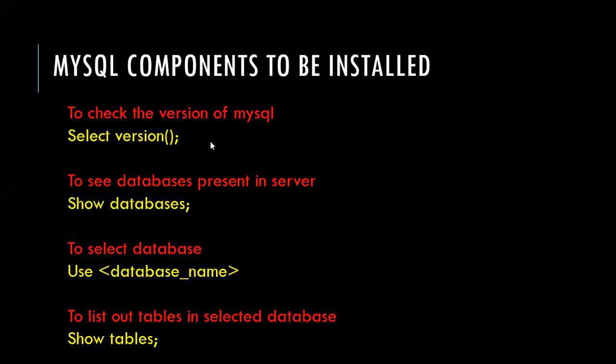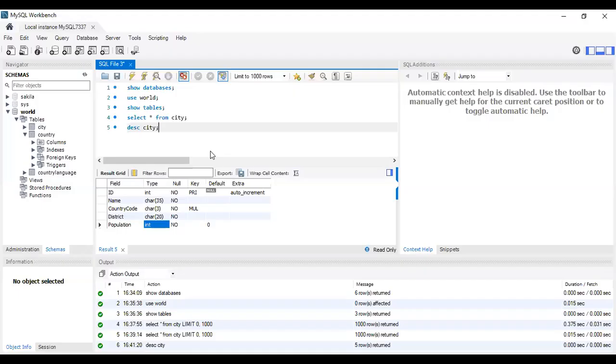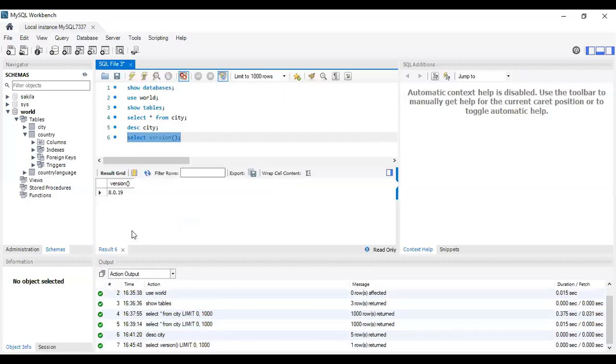You will get the same answer, because whether you work from the command prompt or from the GUI, both are connected to the SQL server only, so your query executes in the SQL server and you get the same result. It is 8.0.19.